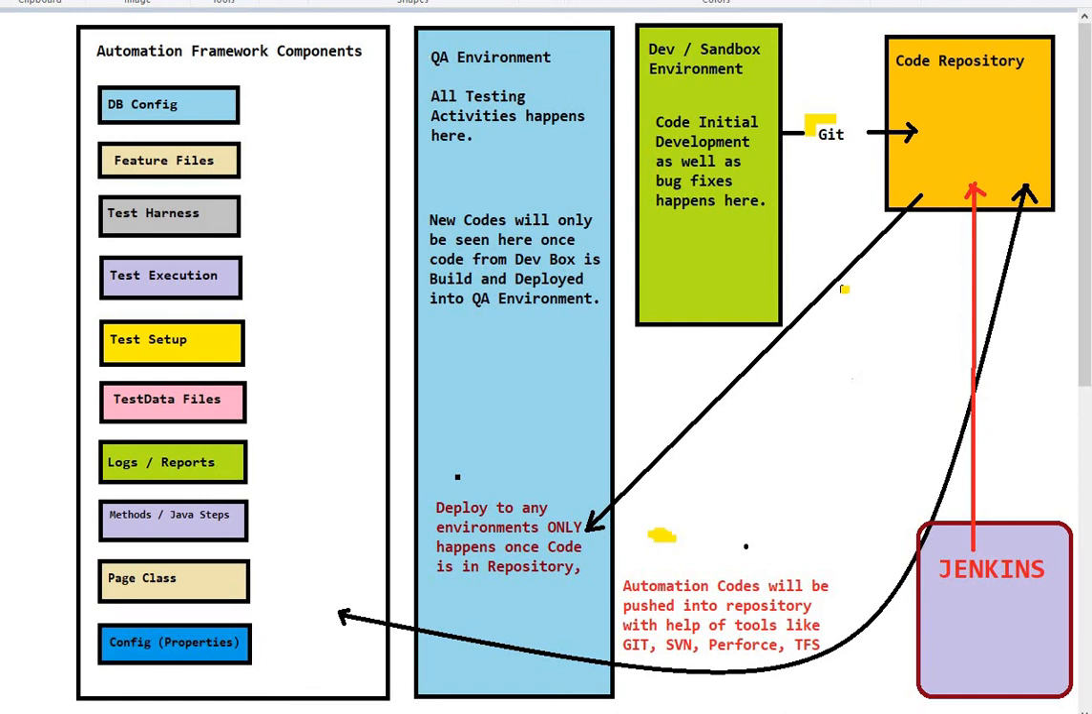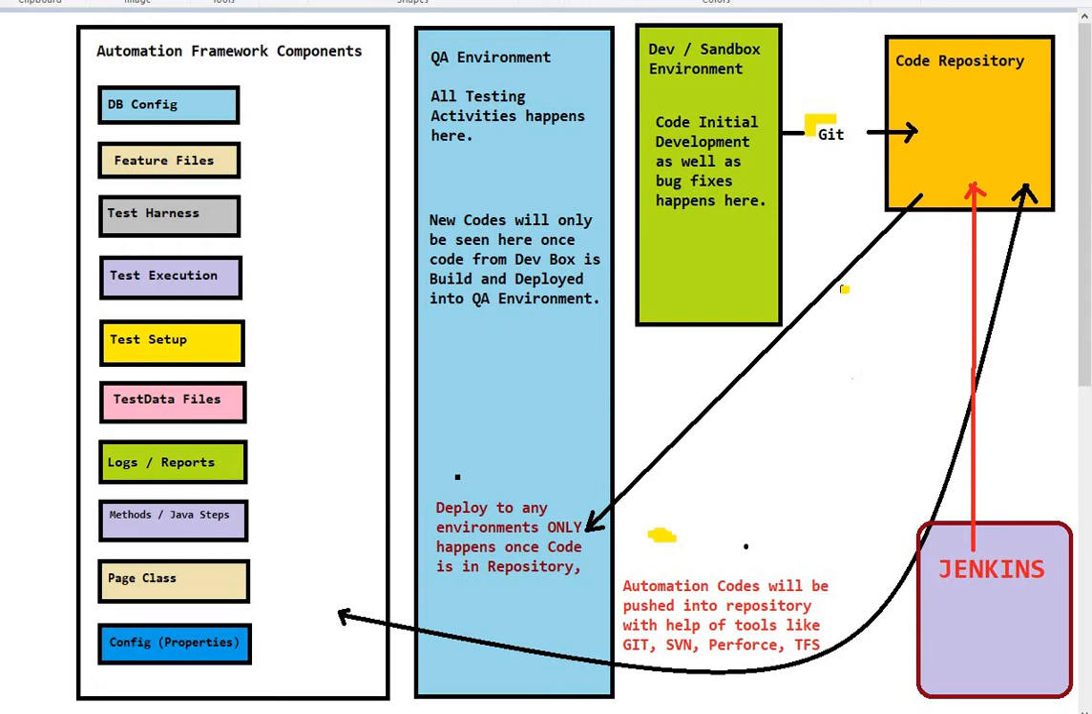Hello friends, today I'm going to talk about giving you some idea on different environments, how they work. I'm also going to talk about tools like Git, SVN or TFS, all these version control tools. I'm going to talk about the code repository, why is it so important. I'm going to talk about Jenkins, how does Jenkins work, and also the automation